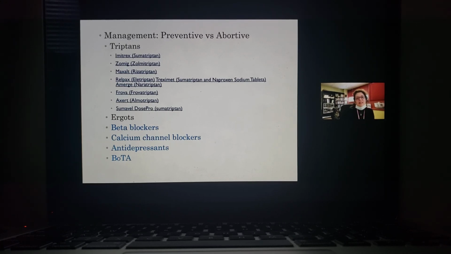The other thing that is relevant to know about triptans is that sometimes more than one triptan is taken, and it's because there are 2 types of triptans. They are the short acting and the long acting. Short acting usually are prescribed to really abort something